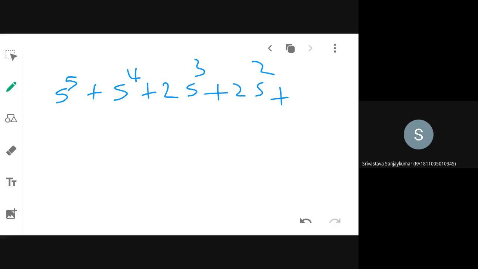Take down the problem I am dictating. Construct Routh array and determine the stability of the system represented by the characteristic equation s to the power 5 plus s to the power 4 plus 2s cubed plus 2s squared plus 3s plus 5 is equal to 0. Okay, this is the given characteristic equation. You have to solve the problem and tell me the location of the roots of the characteristic equation, whether the system is stable or not.